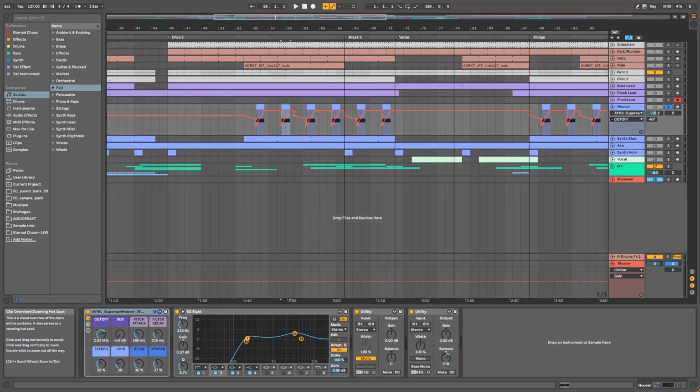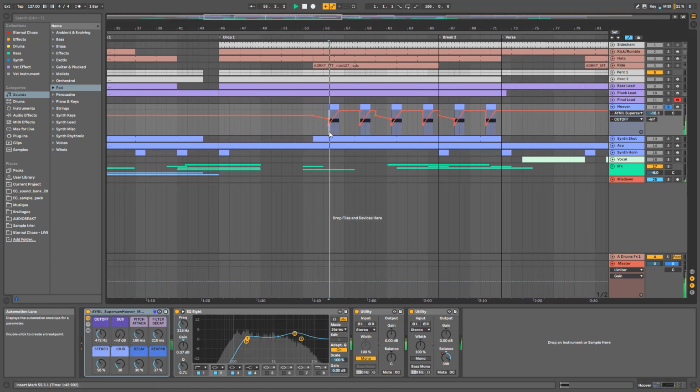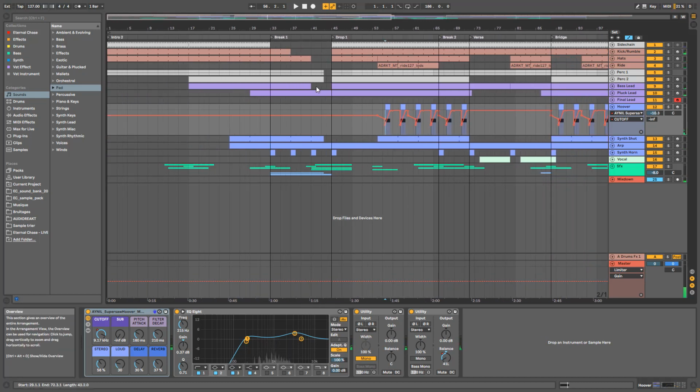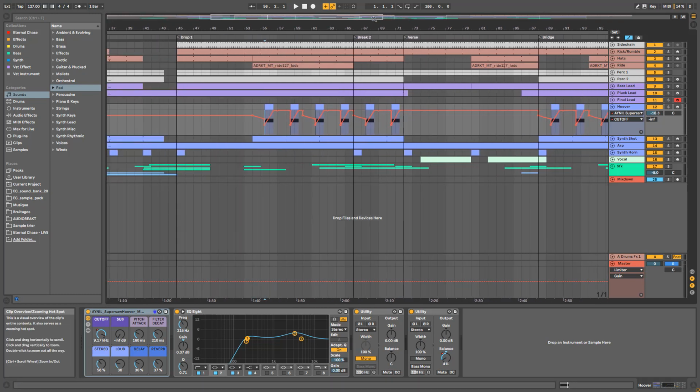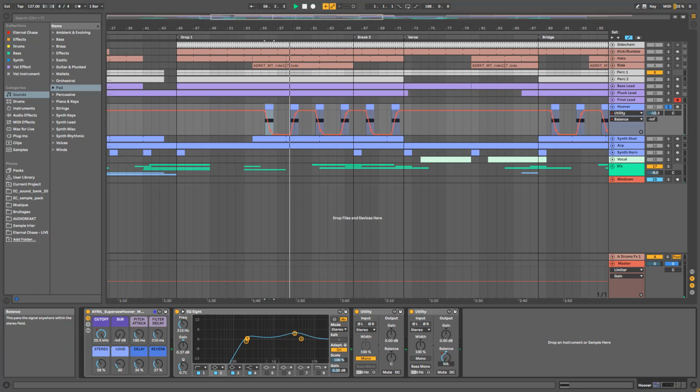And yeah, here it was to add variation, because obviously the main lead is playing and you get really tired because it's a very short melody, so adding this kind of variation helps to keep things interesting. The pan is going from the left to the right and from the right to the left, and as you can see,